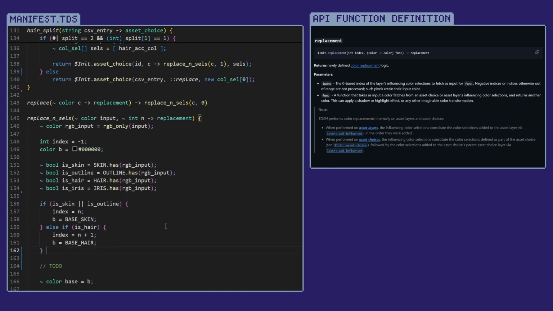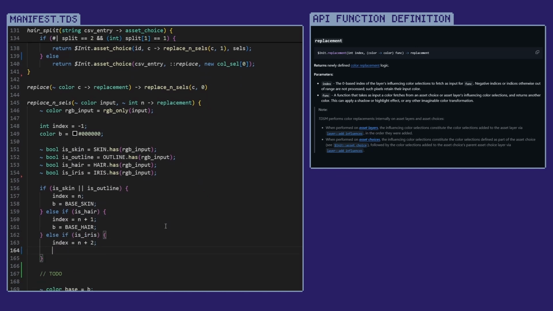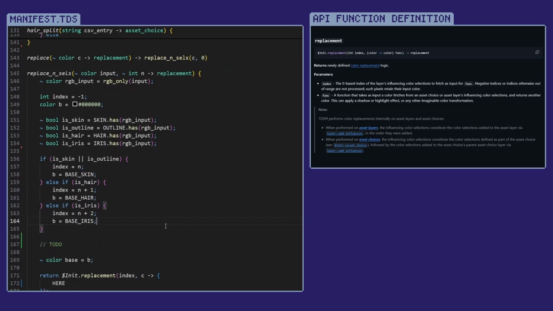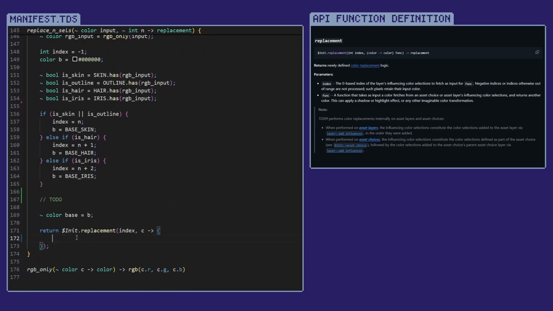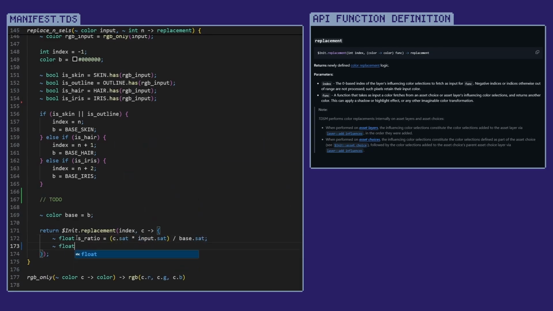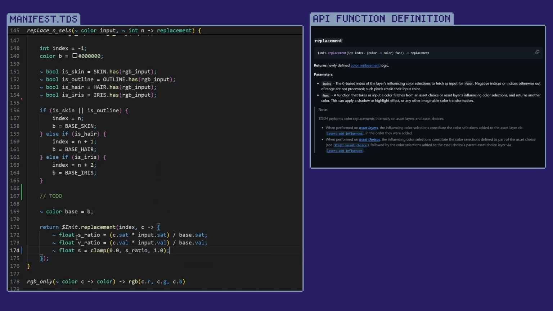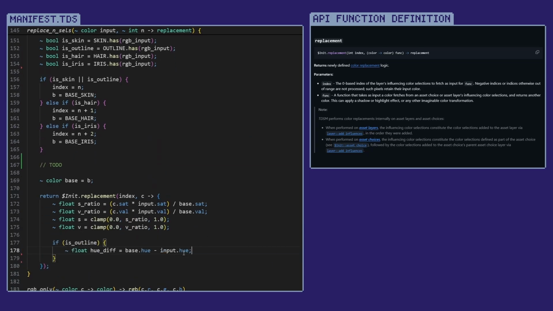If no match is found, the index remains -1. An index of -1 means that no recoloring takes place and the input pixel is propagated to the output. We'll leave a to-do comment for now that we'll return to when it comes time to implement color replacements for clothes. Replace end cells then returns a color replacement that takes the index and a color transformation function that